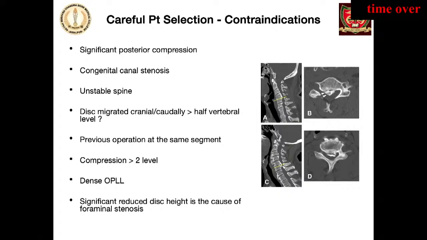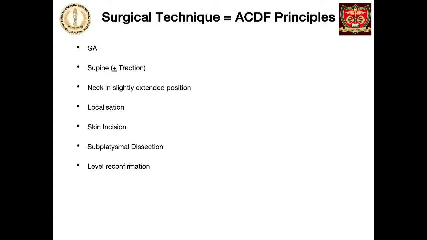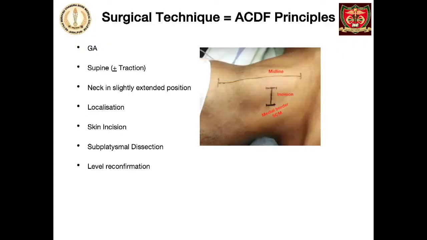There has to be careful patient selection. If there is significant posterior compression, congenital canal stenosis, unstable spine, if the disc is migrated cranially or caudally more than half a vertebral level, probably you will not be able to do it. Also if there was a previous operation at the same site, or compression is more than 2 levels. If there is dense OPLL, then it is difficult to do the anterior surgery through the endoscope. And if there is a significantly reduced disc height causing foraminal stenosis, probably you require the,